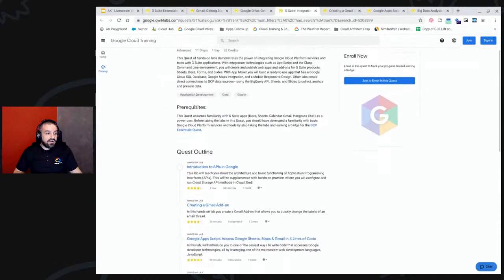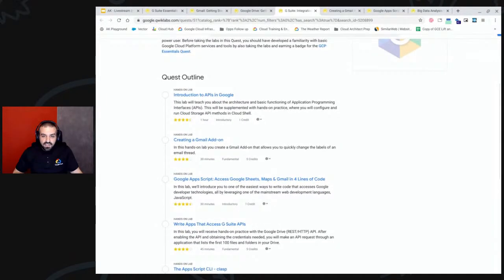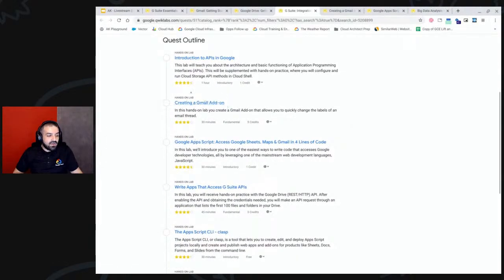So there are ways to integrate with G Suite. As part of G Suite, there is a tool called App Scripts, and App Scripts allows you to create different workflows. For example, in those quests I really emphasize how to create a Gmail add-on. So if you want to add something in Gmail that you like or have used previously, but you don't know how to bring it to life,